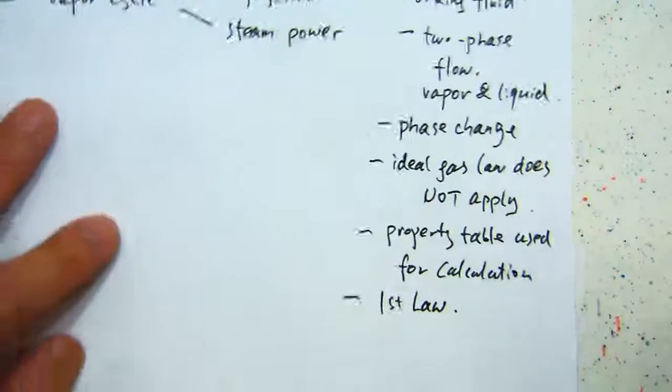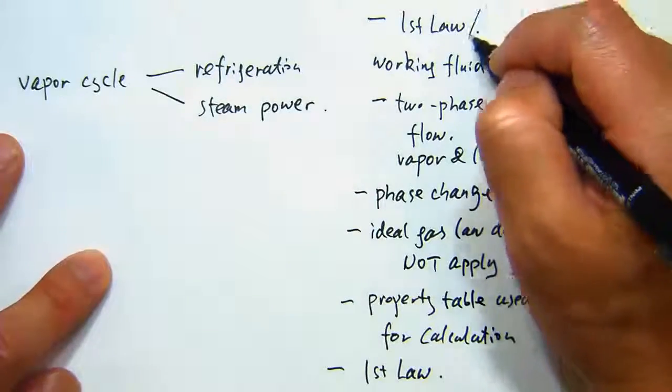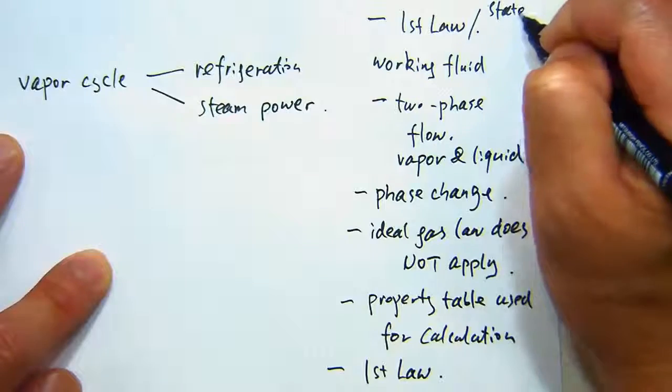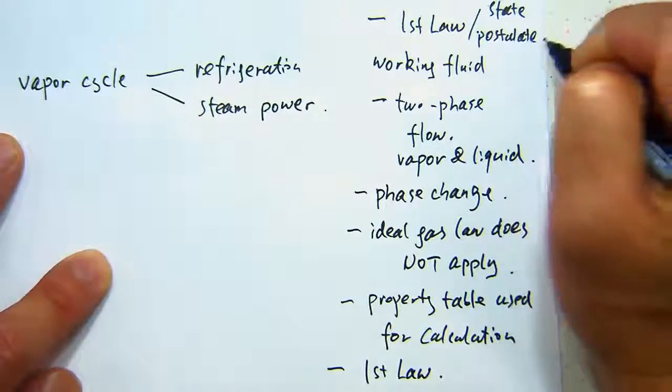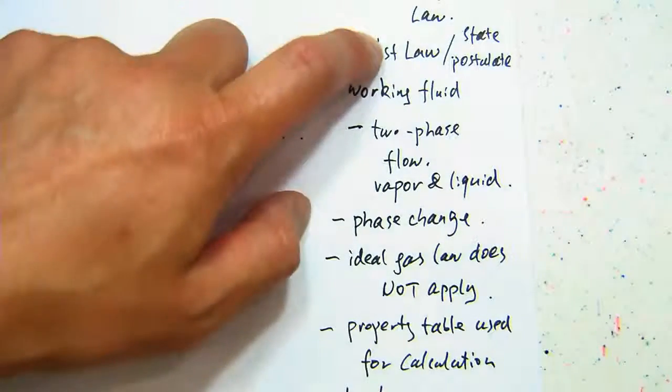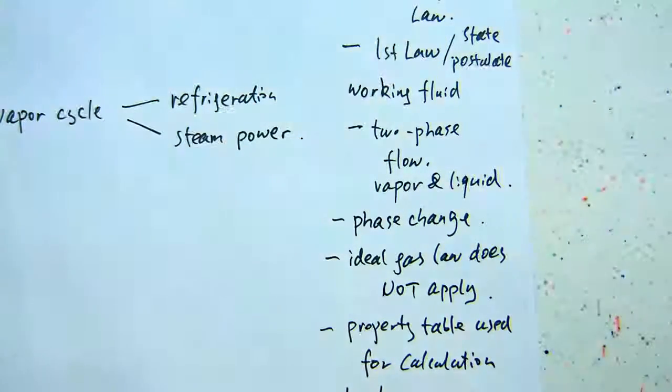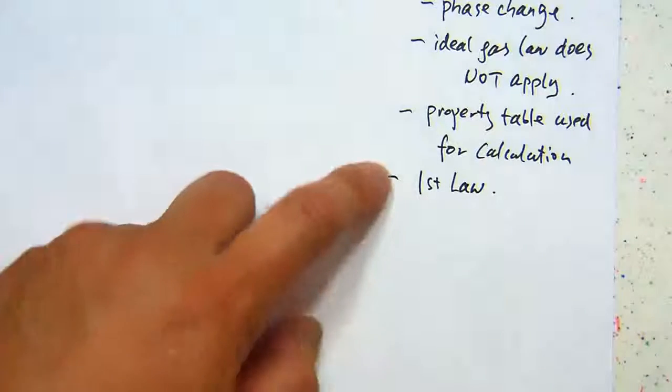Maybe I should add it here, which is the state postulate. State postulate we don't recall it very much during our calculation because the ideal gas law relation is often enough. When we're dealing with